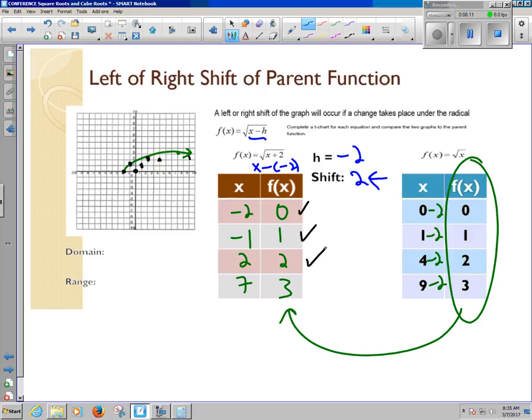Check. And 7, 3. Check. So that did work. Let's go ahead one more time just to verify. Let's pick a point like 7, 3. Okay. If I were to let,